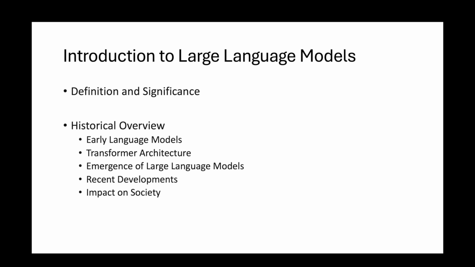Emergence of large language models. Breakthroughs in hardware capabilities, data availability, and algorithmic advancements led to the development of large-scale language models such as GPT, Generative Pre-trained Transformer series by OpenAI, and BERT, Bidirectional Encoder Representations from Transformers, by Google. These models, with billions or even trillions of parameters, have significantly improved the quality and performance of language understanding and